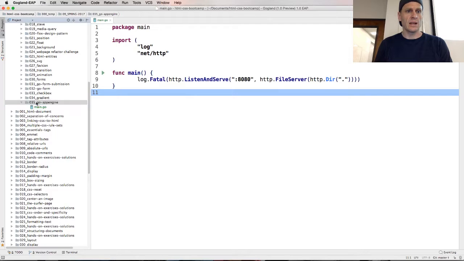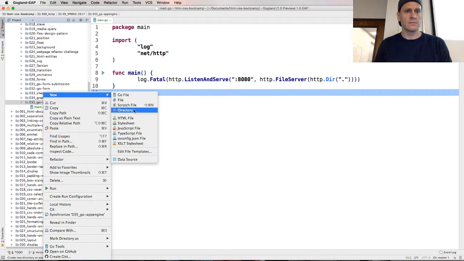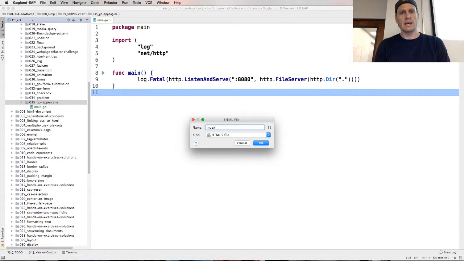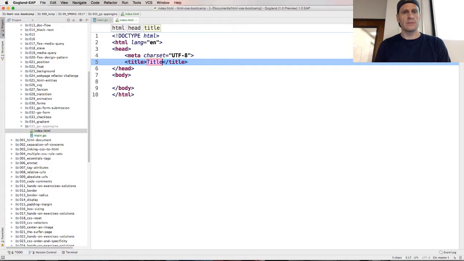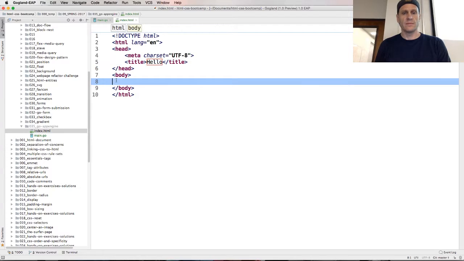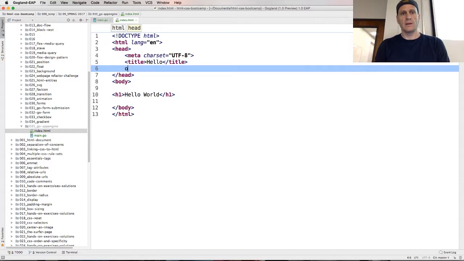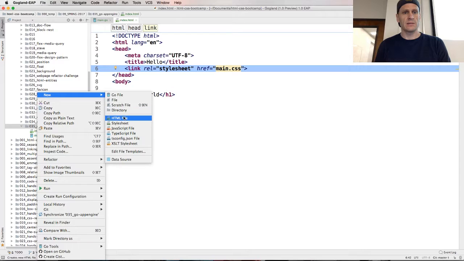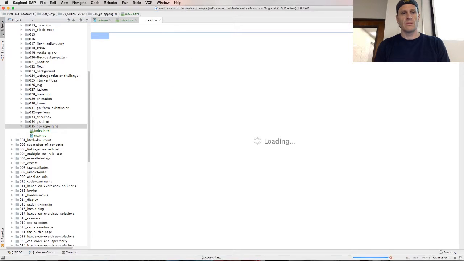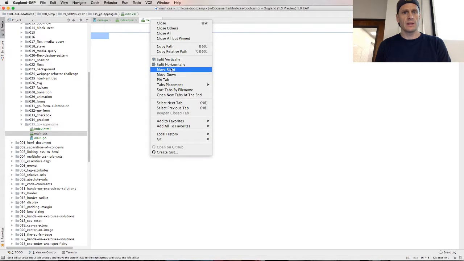And then I could create an HTML file, call it index, hello. Hello world, and I could link that if I want to main.css, create a CSS, main, split that vertically,